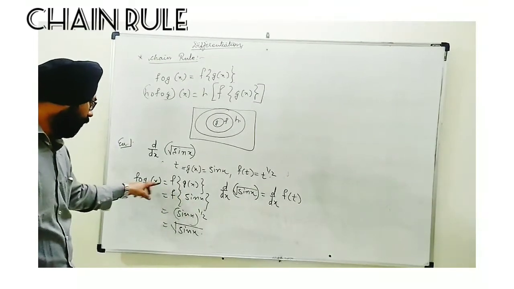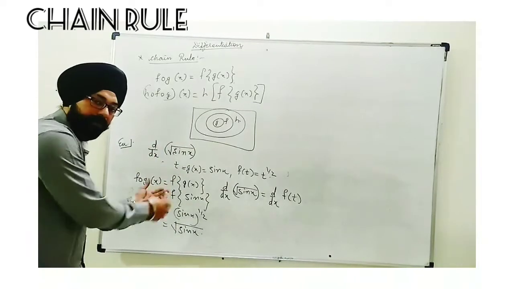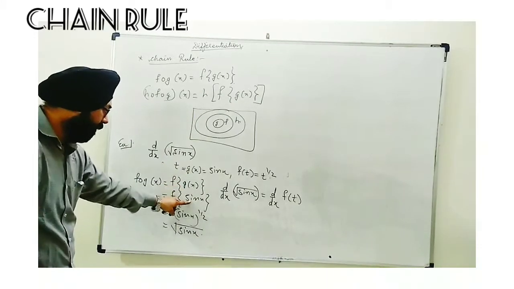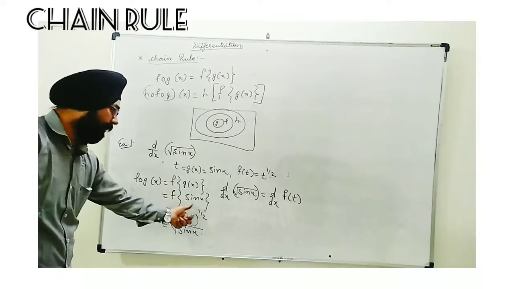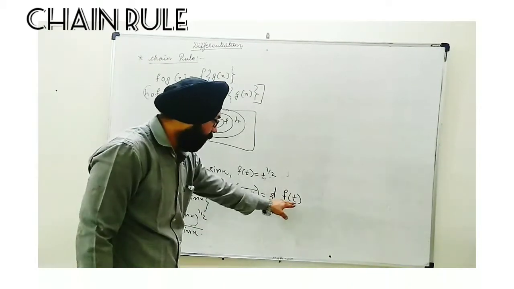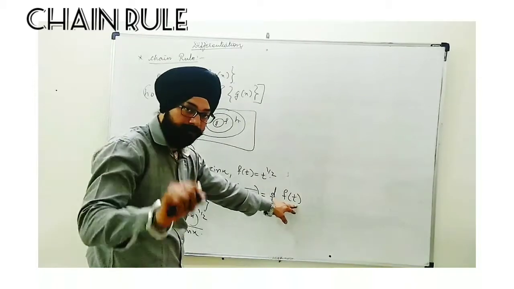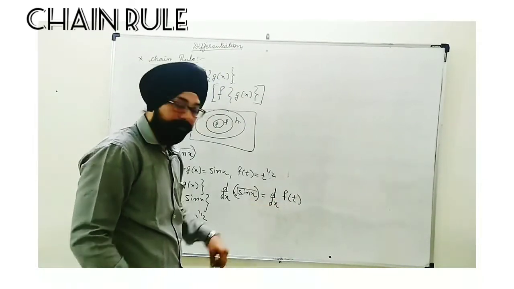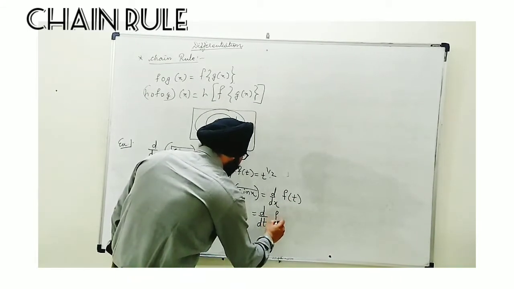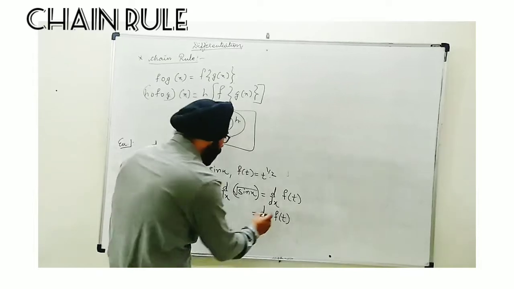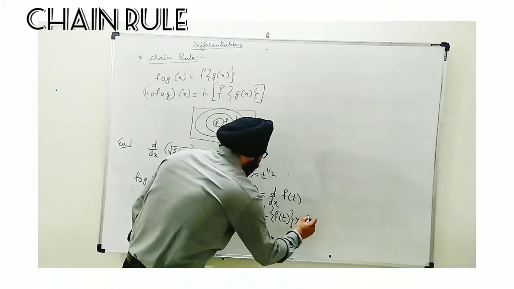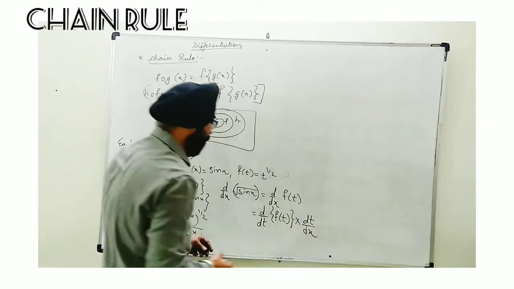First of all, I have explained how to convert into composition. Now, as I have taken g(x) to be t, that's why this g(x) was replaced by t, so f o g of x becomes f of t. So we have to differentiate f of t. Now f of t cannot be differentiated directly because this is a function in terms of t only. So the chain rule says you can write this as d by dt, the differentiation of f of t with respect to t, multiplied by, to balance this dt, dt upon dx.